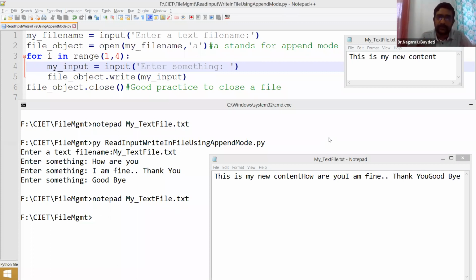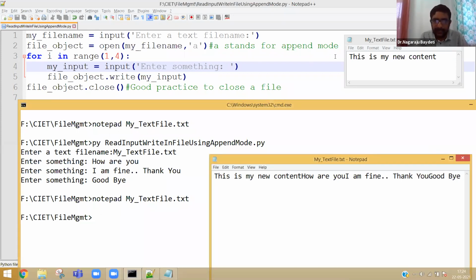I wrote a loop so that it is easy. Instead of executing 10 times the same program, I am writing a loop. Absolutely, there is no need to have a loop. Loop is not required for appending the contents. I want 3 lines in a single execution. That's why I wrote a loop. So in case you have any other doubt, Seti, ardhamayindamma?